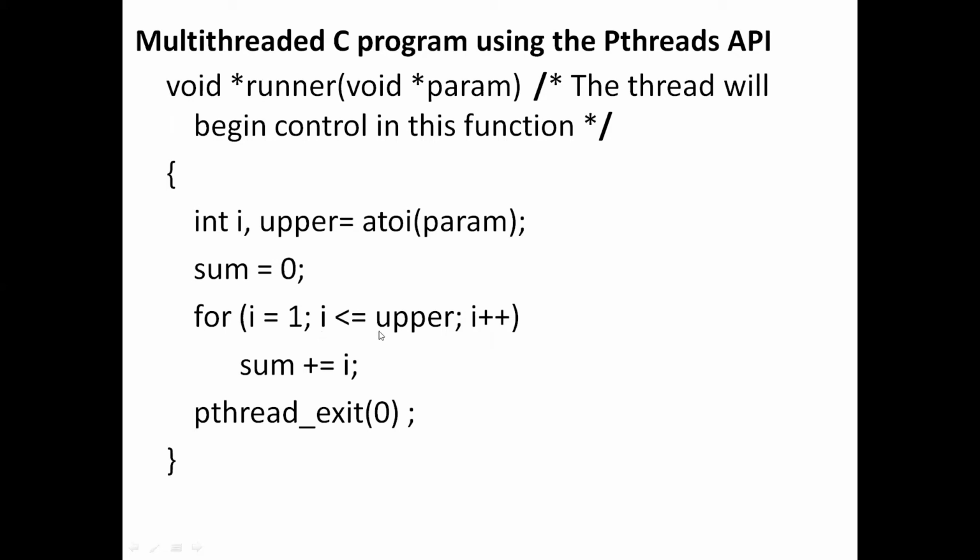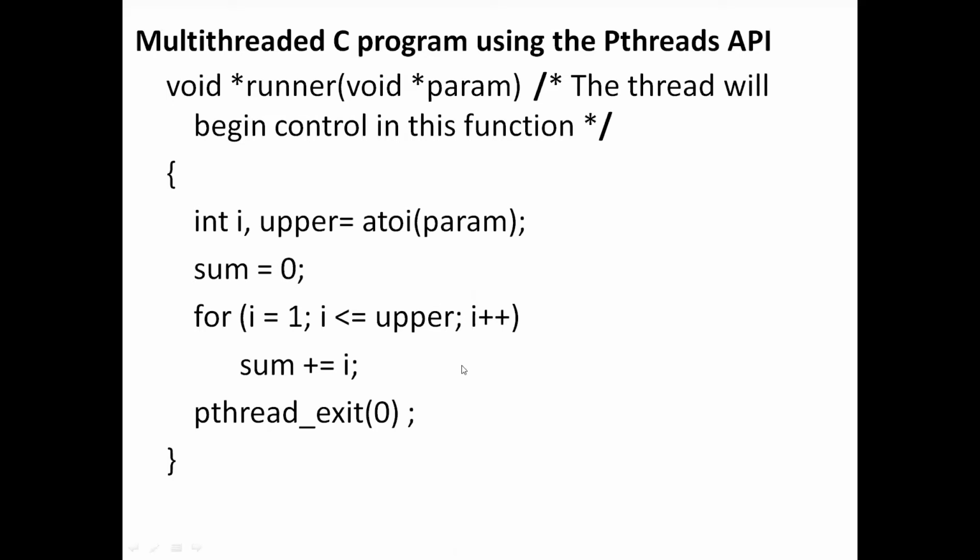So control will come here and check the condition whether 3 is less than or equal to 3. Yes, it is true. So control again comes inside the loop and executes the statement sum equal to sum plus I. Sum is 3 plus the I value 3. So 3 plus 3 becomes 6. 6 will be stored into the sum.